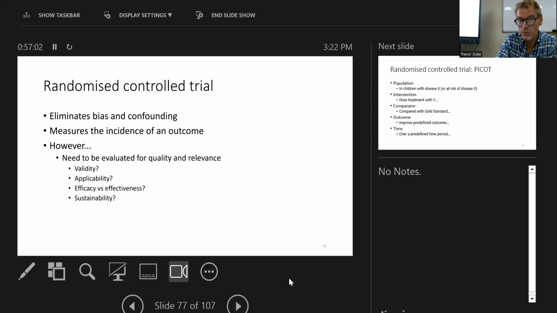There's a difference between an efficacy and an effectiveness study, and it's a subtle difference. An efficacy study is where everything's tightly controlled, right? This is what most people do, a very tightly controlled study. An effectiveness study is where the intervention is applied to a population. It's put into a population. So a good example of this is the